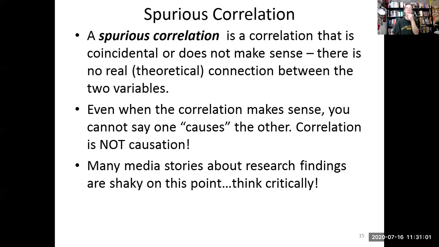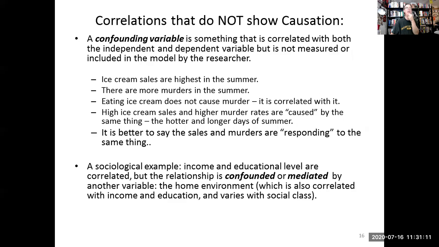The larger your sample is, the more likely it is you're going to find a pattern that you can say deviates from the random scatter. All right. Here's some examples of confounding variables. That's something that's correlated with both these other two. I put independent and dependent because it would look that way in your little model, but that implies causation. So that's a bad